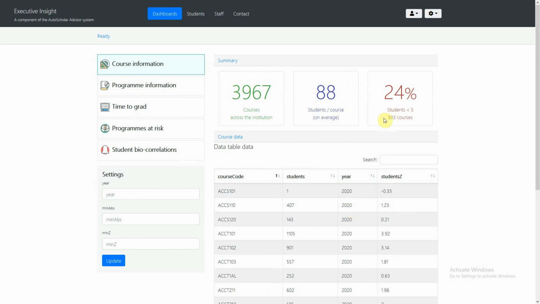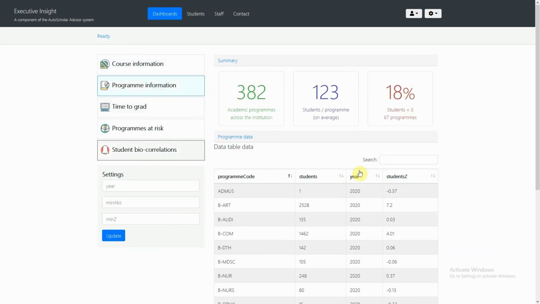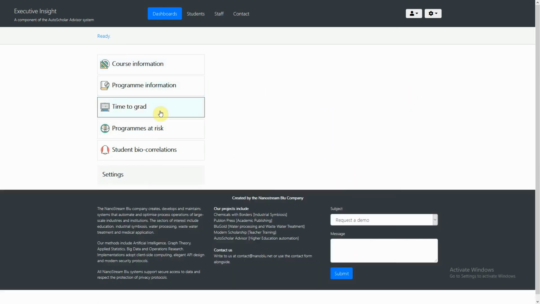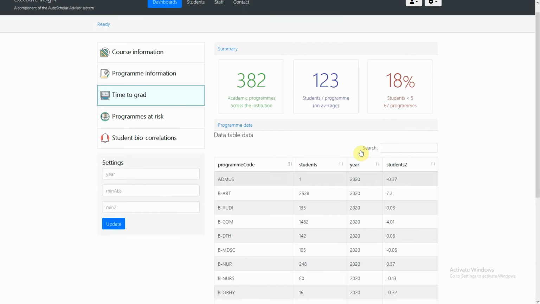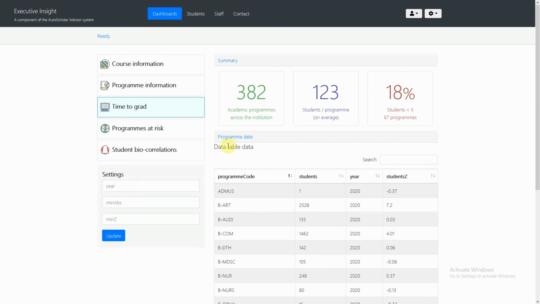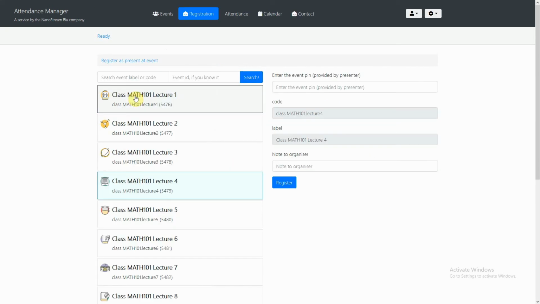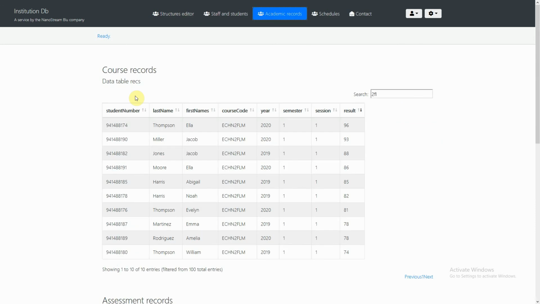So all the assessment becomes available, all the analysis that tells us about the performance of the institution and the performance over the degrees and the time to grad and all those usual things. Those are all available once we have this connection to our data. Okay, so